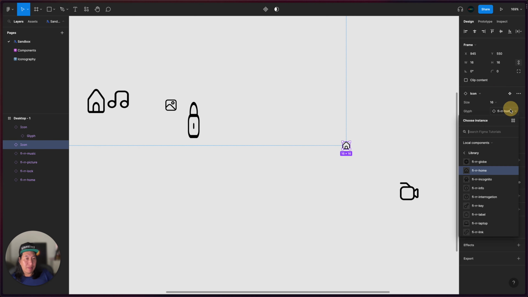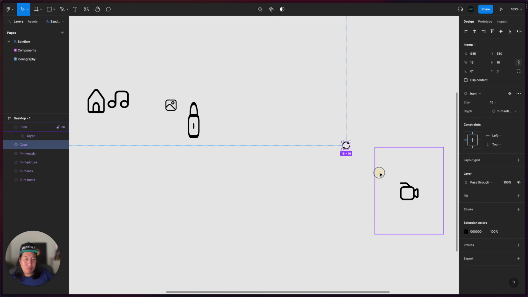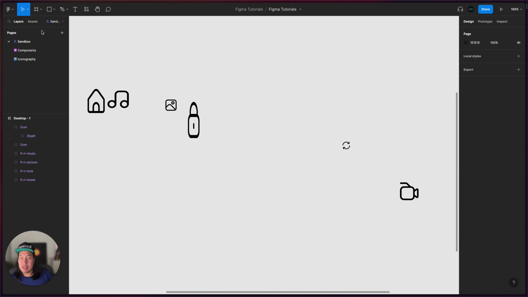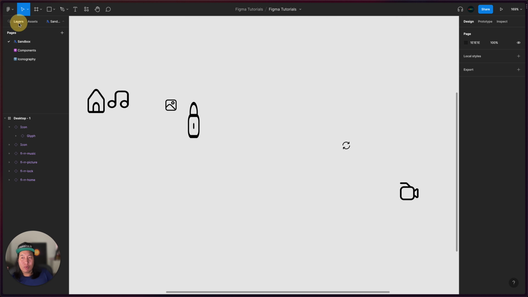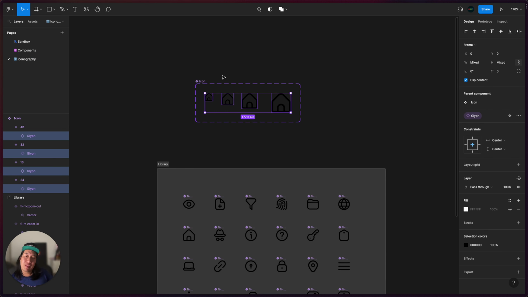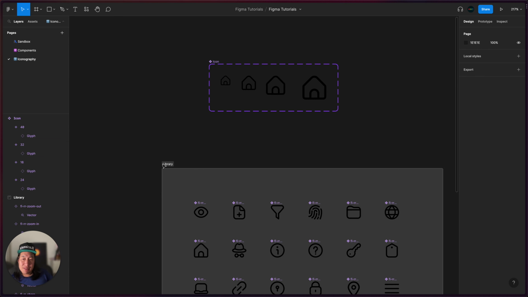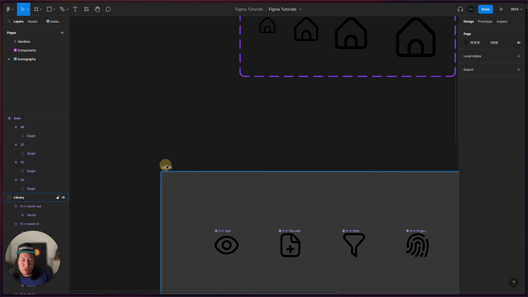Okay, and you have also the link for all the icons that we have in our library. So if you go to the assets, that's the very interesting thing, because you just have one icon. You don't need to allow people to see all this library, but only to see this icon. So that's one thing that annoys me a little bit, because if you have sections, things like that, actually you cannot